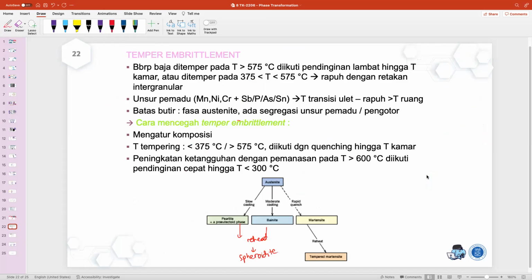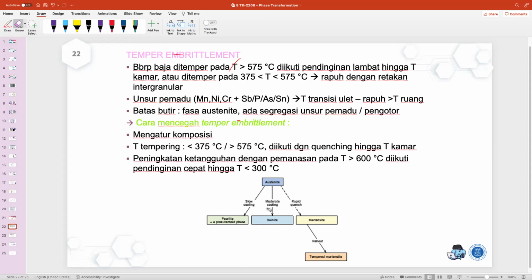Okay, so here to sum up, we also have some tempered embrittlement. So all the tempering is actually about how to increase toughness. If we have a tempering, sometimes we change the composition, or with quenching, so it would be increasing the toughness. Sometimes the tempering will have some brittle cracks, so we need to change the composition and then change the tempering. Okay, so to sum up,